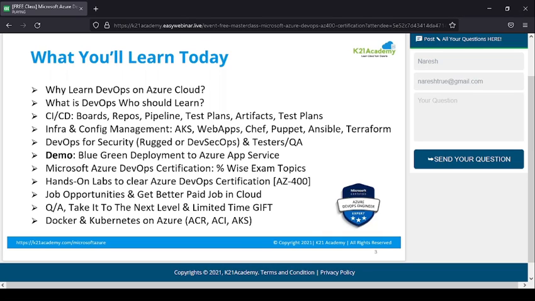We call blue green. What is that, blue green? We'll discuss that as well, and how to do that in a live demo. We're going to do something similar to what companies these days do in actual live implementation. Then we'll talk about Microsoft Azure DevOps certification, which is AZ-400, and the percentage-wise exam topics and the hands-on